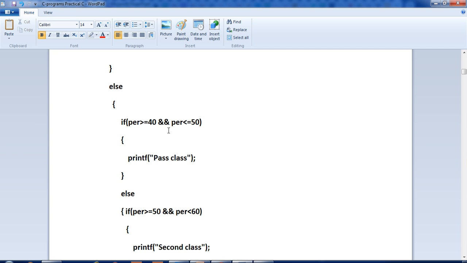Okay, so 40 to 50 is a range, so we are writing it here, and this is a logical AND. It means suppose this one condition is true and this one condition is also true, then only execute this printf, pass class. Okay, means if percentage is greater than or equal to 40 is correct and this second one also, both conditions should be true, then only you can execute this part and print the pass class. Okay, suppose till this line, if the percentage is 50 or 45, then the compiler will execute